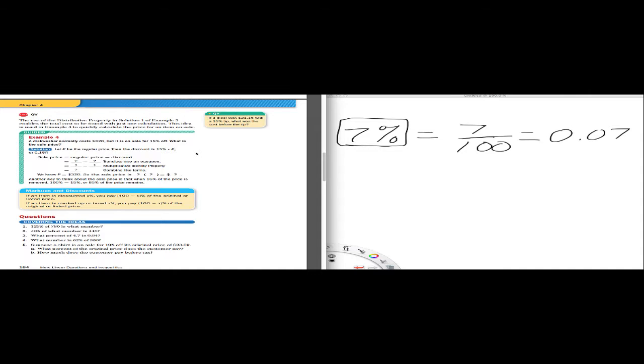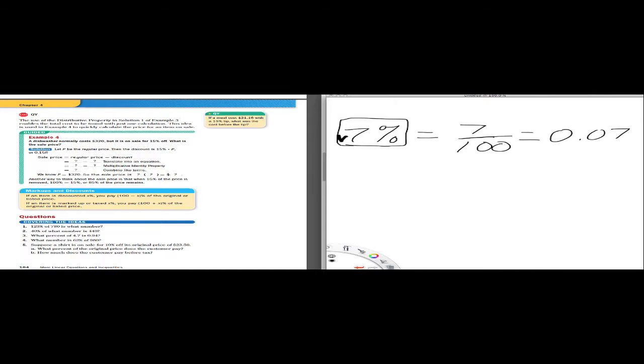A dishwasher normally costs $320 but is on sale for 15% off. What is the sale price? This is a discount kind of problem. This is one that I've noticed over the years that can be a little bit troubling for students. A couple of things that shouldn't happen here when you're doing these kind of discount problems